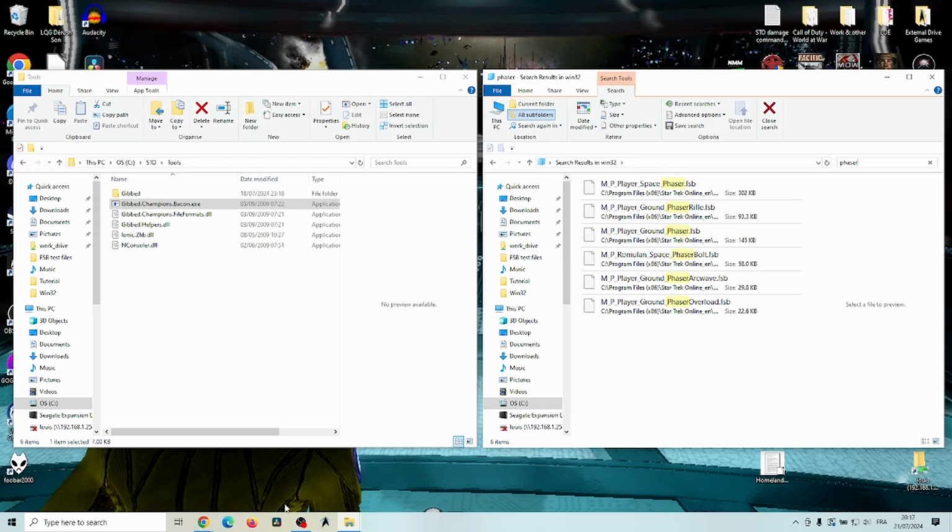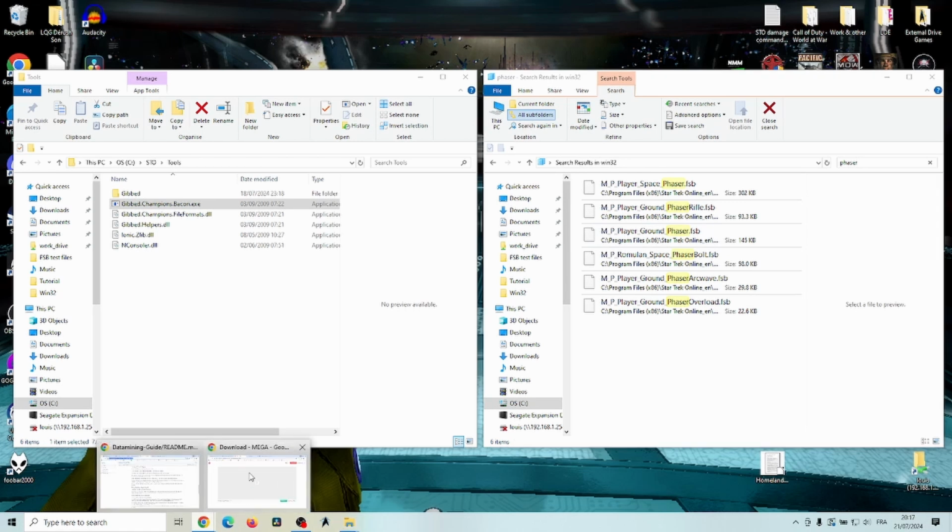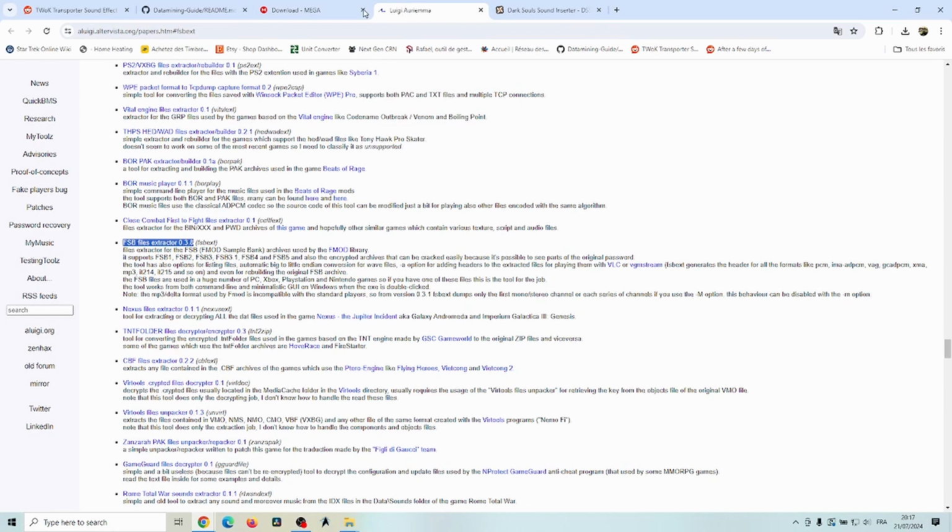So from here, you'll now need to extract the MP3 files from this file, from this .fsb file. From this, you'll need an FSB extractor. So if I come here to my Mega, you'll need to come to this website here, Luigi. So I will list this website in the description, and you'll need to click on this link here, and it will automatically download the FSB file extractor for you. So 0.3.8. This program,